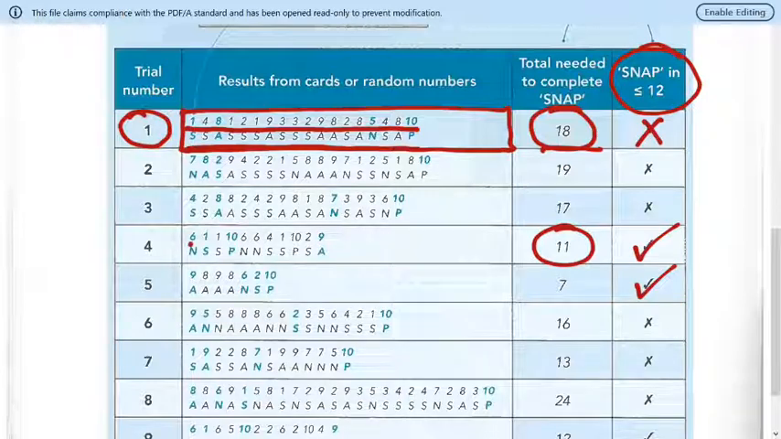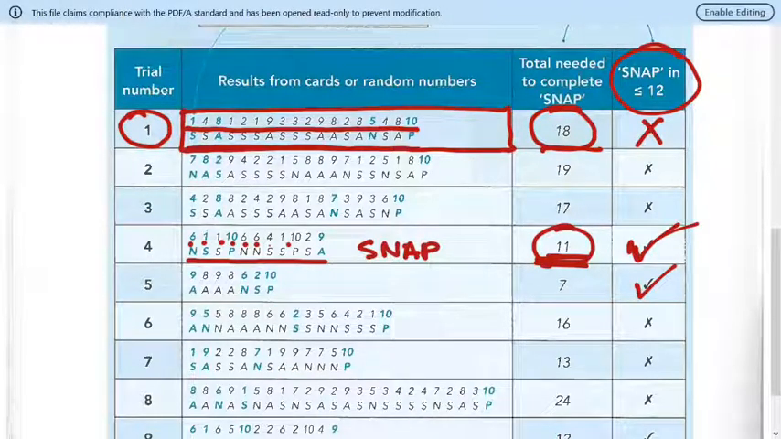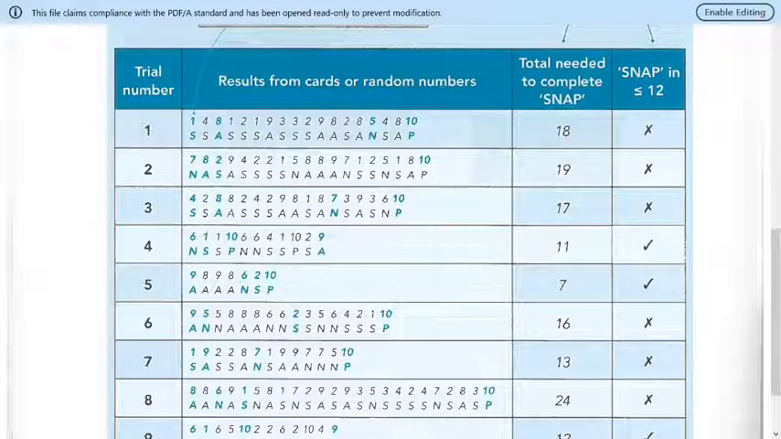here, right? So here the random numbers were 6, 1, 1, 10, 6, 6, 4, right? So they did it until they got all the letters in SNAP, right? Which took 11 tries, so that's a win. Yeah? Okay? Now, that's for that particular experiment, but we had different experiments, and different experiments are going to have charts that look different. So let's look at